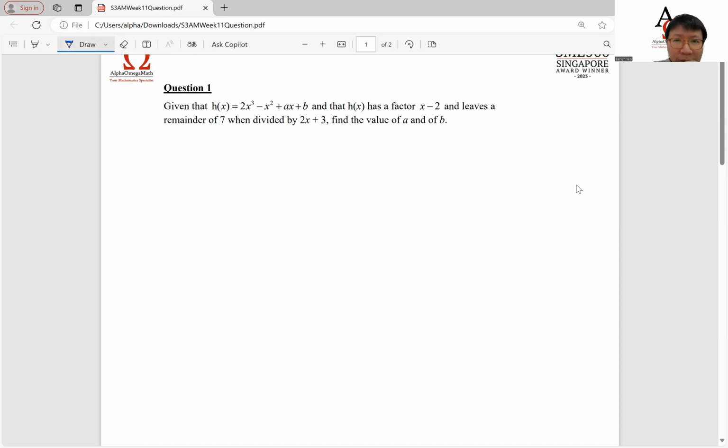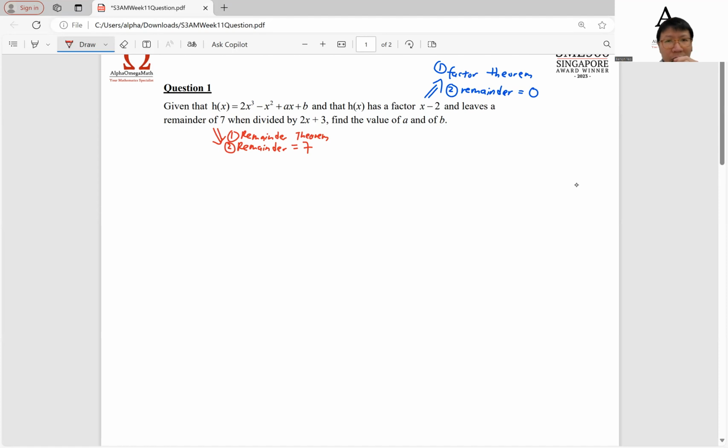So when there's a factor of x minus 2, this will mean that we will apply factor theorem, and that's number 1. In such a case where x minus 2 is a factor, our remainder will be 0. And if there's a remainder, this will be remainder theorem, and after subbing in a certain value, we will obtain a remainder of 7. And this is if we apply the remainder